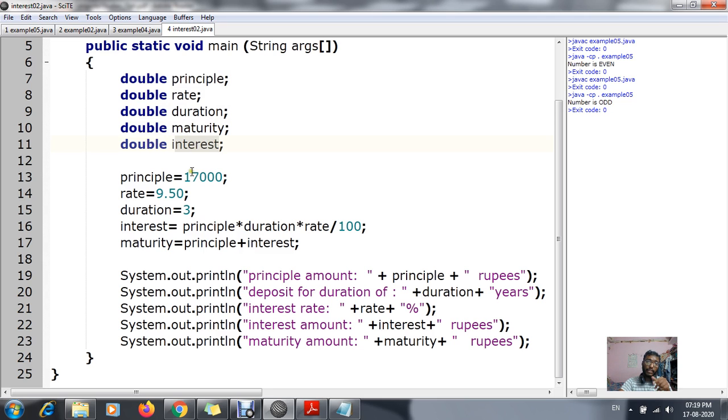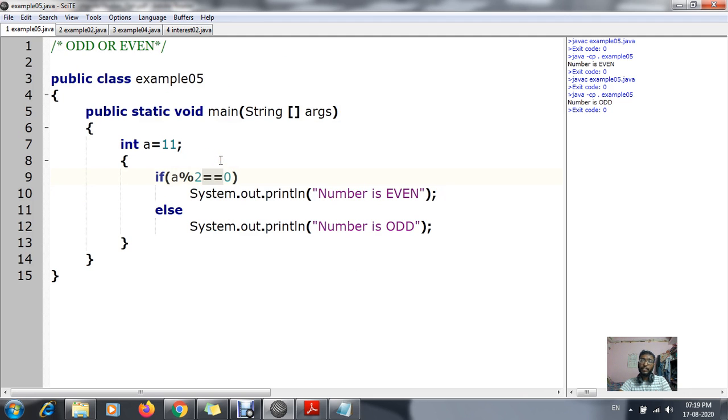For principal I have assigned the value as 17,000. For rate I have assigned the value as 9.5. That means for assigning a value we use the single equal to, whereas for comparing we use the double equal to, which is over here. Understood?